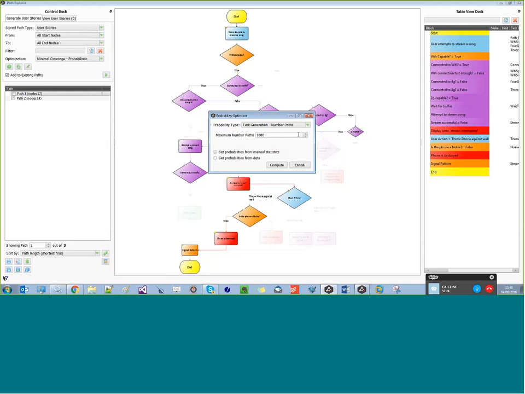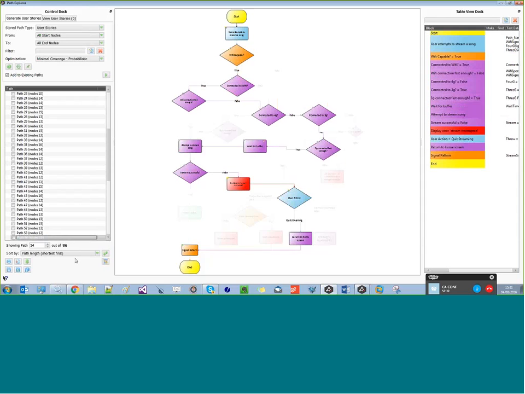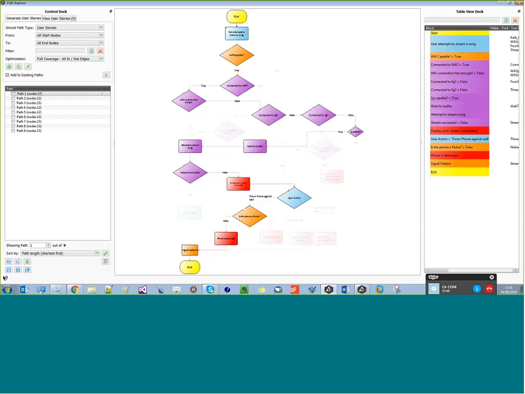If I randomly designed 1,000 test cases, without really thinking about it, just based on the probabilities we set earlier, and I hit compute now, there's only 86 possible paths, so it's only come back with 86. But the point is that you don't need this many to complete the coverage. You only need, as we saw earlier, something more along the lines of 9. So the advantages with